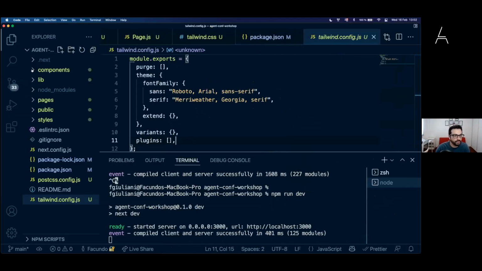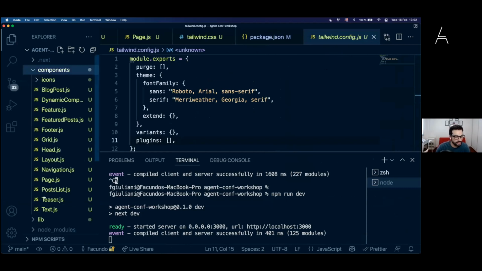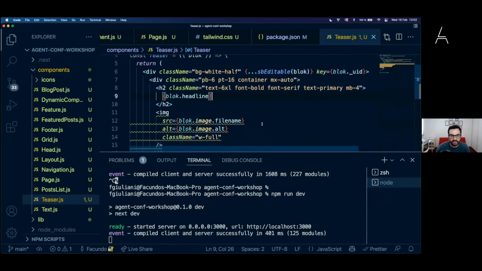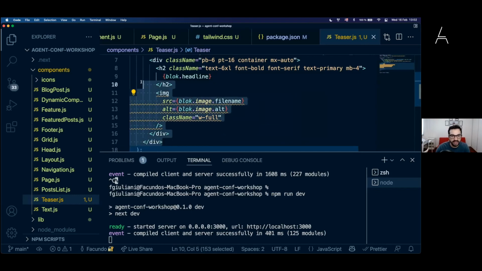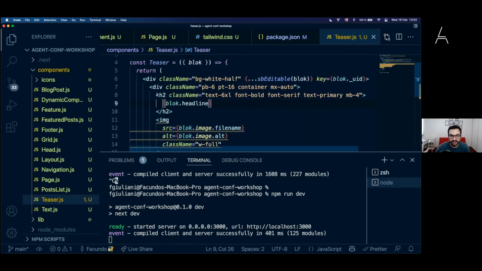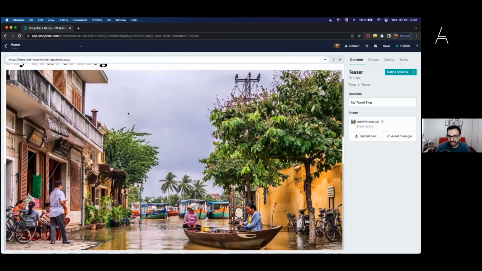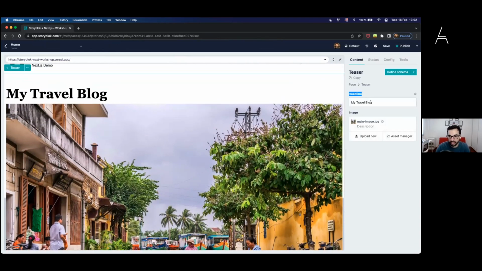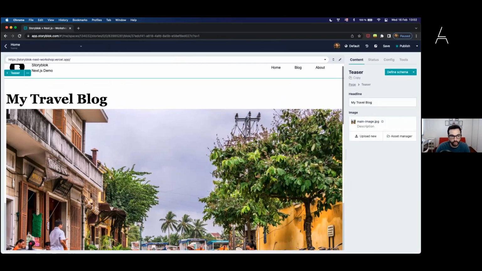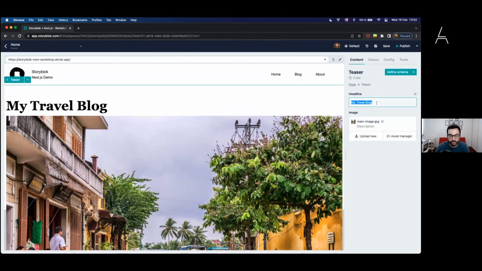If I go to the component, to the teaser here, you can see that we are applying the style and the markup that we define, and that is not working in my local version. But the idea is that we are using the fields and the components that are coming from Storyblok. What we can do inside the real-time visual editor with the code that we have in our application is that